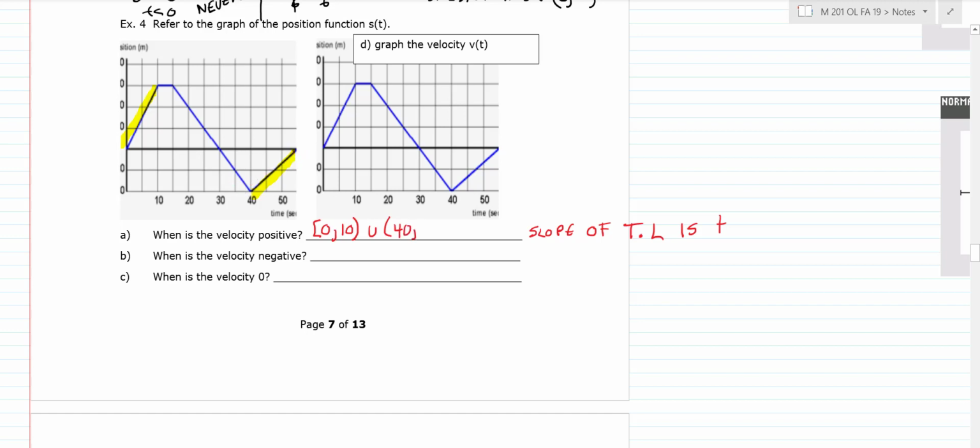Then when we get to the 50, at that point in time, you do have a positive sloping tangent line, so you have a positive slope there. So that's at 55 like that. You don't have to really worry too much about the parentheses and brackets at this stage, so it goes like that. Okay, when is the velocity negative? The velocity is negative whenever the slope of the tangent line